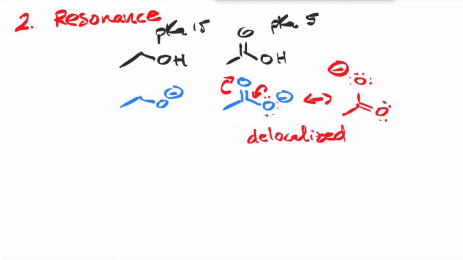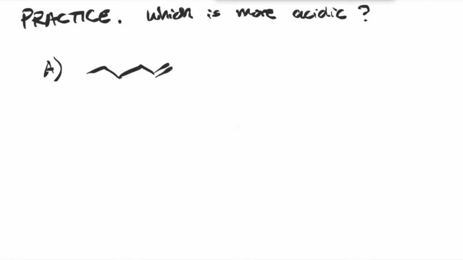Okay, so let's go ahead and do some practice problems with these two factors that we talked about, atoms and resonance. Let's take a look at this molecule, and I've highlighted 2 protons here. Can you tell me which proton is more acidic? Remember to draw the conjugate base in order to compare them. I'm going to change the color of one to make it easier for us to see. So let's draw the conjugate base one at a time. First with the green. So that's what the conjugate base would look like if you deprotonated that proton versus if you deprotonated the red proton.